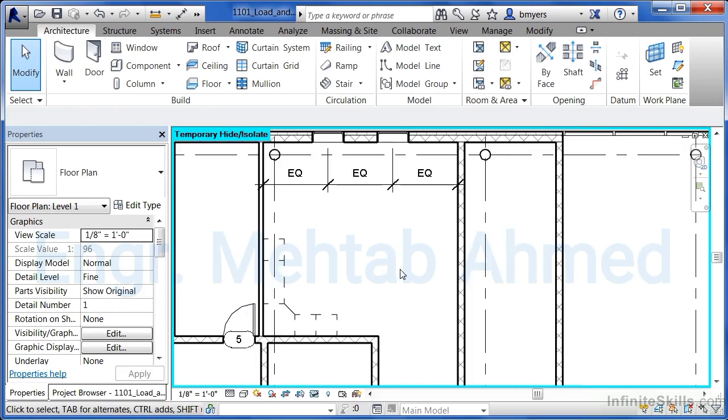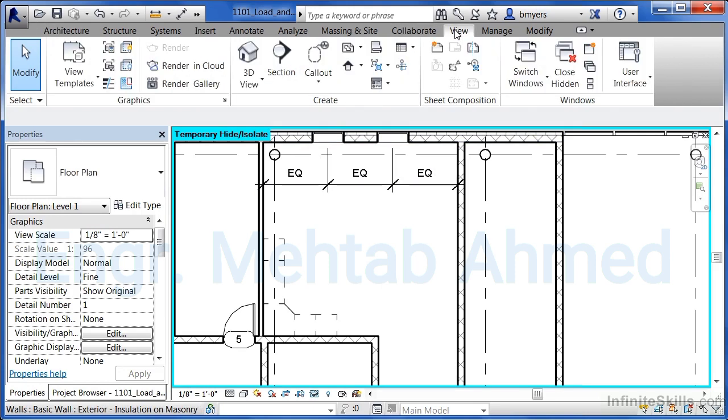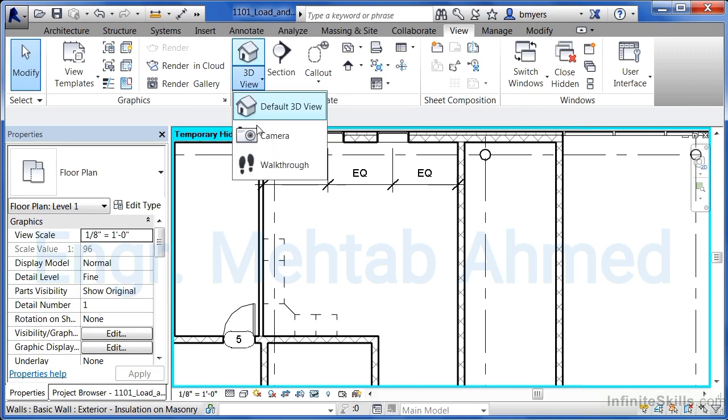And now finally, I always like to look at my cabinets before I just accept them as being in there in the way that we like them. Because depending on how they're made, you want to make sure that the drawers aren't getting slammed against the wall instead of out into the room area. To do that, come underneath the View tab, over here to 3D View, and we're going to place a camera